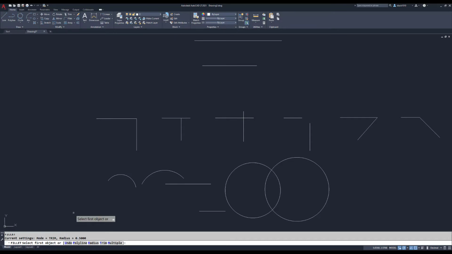But I want you to understand, oh, no, hang on. I was playing around with this command a little bit earlier today, so it's got a radius set of 0.5. Out of the box, or when you first start drawing with AutoCAD, the radius is going to be set to 0. I'm going to set the radius by picking radius off of the command prompt back to 0, and just show you that